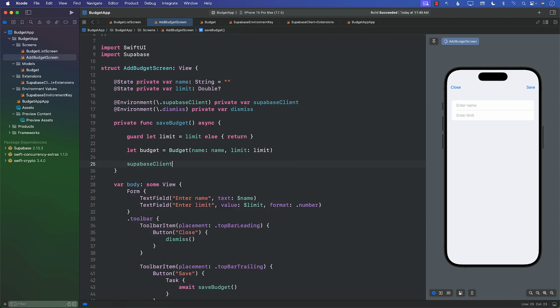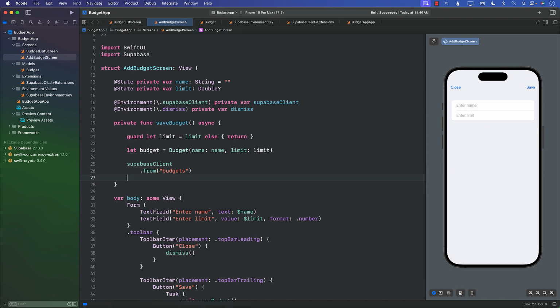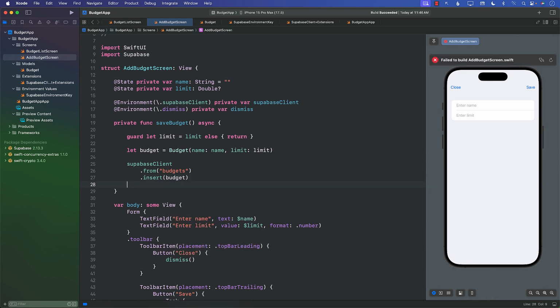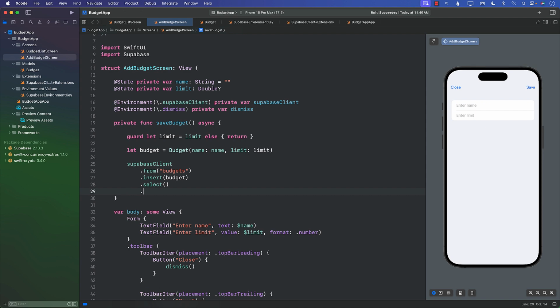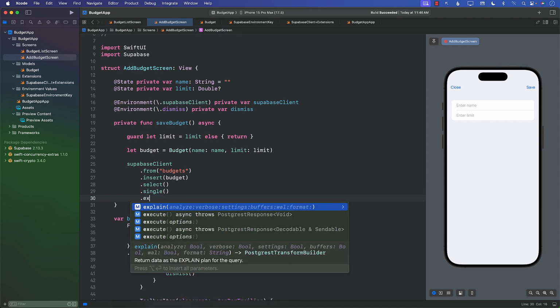Once we have the limit, next we can use Supabase client. So Supabase client dot from. Which table are we talking about? Right now we only have one table, budgets. So we'll use budgets. Great. And then we will say insert. What value are we inserting? We're inserting the budget. But after inserting the value, we also want to select the newly inserted budget, and we only want to select a single one. And let's go ahead and execute that,